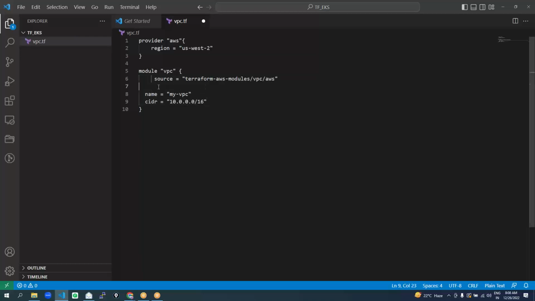If you don't mention the version, it will use the latest version, or else you could specify the version. The version which I am using is 3.14. And some name like my-vpc, and the CIDR block. CIDR block we are hard coding for now; we'll later pass them as values. And then AZs, like availability zones. In which availability zone do you want? I want to pick up the availability zones